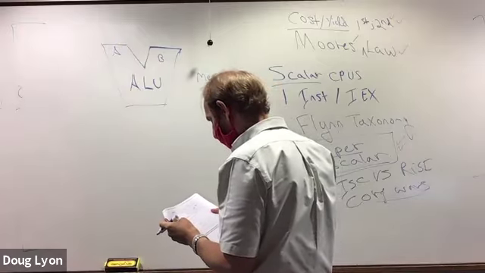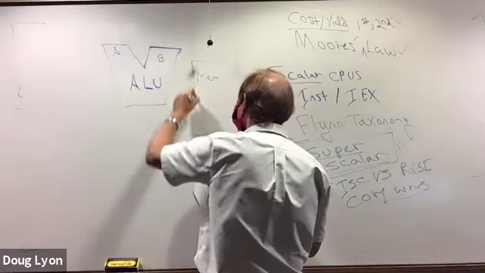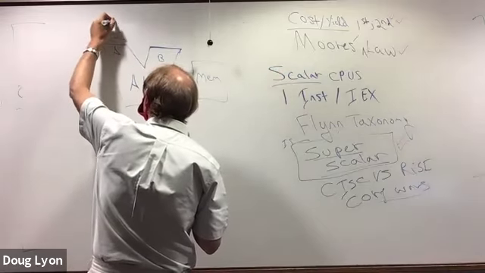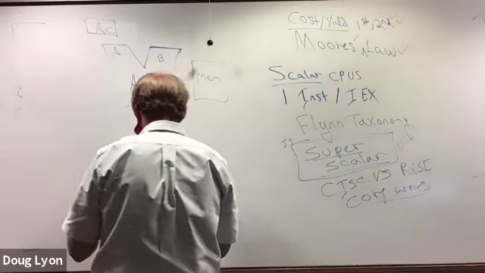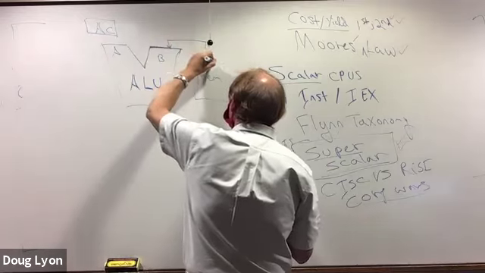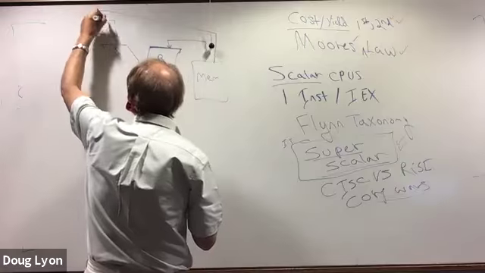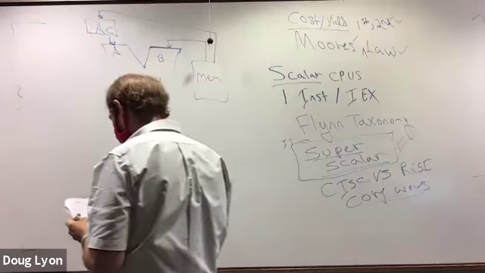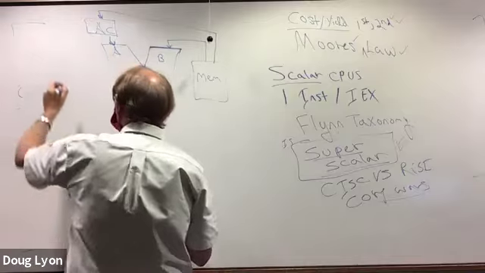But the memory can feed a register we'll call the accumulator. And it can also feed the ALU. The accumulator can feed the input to the ALU. And somewhere in here, there's a finite state machine